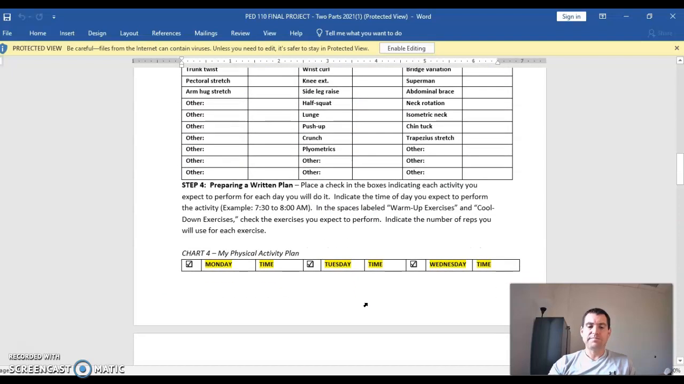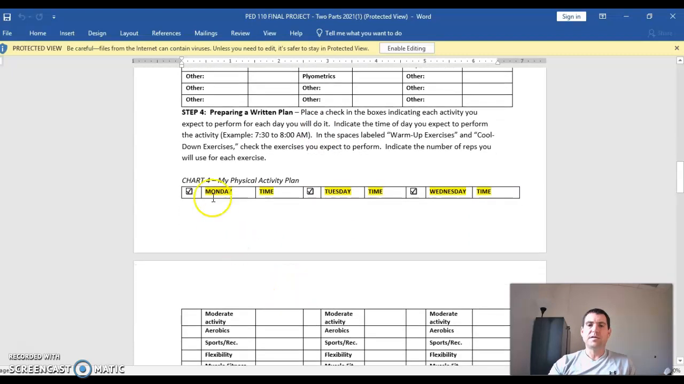Okay, step 4. Here you're going to make an outline of your 4-week activity plan. What you're going to do here is place a check mark in the boxes indicating each activity you expect to perform, for each day that you will do it. So this is 1 week,